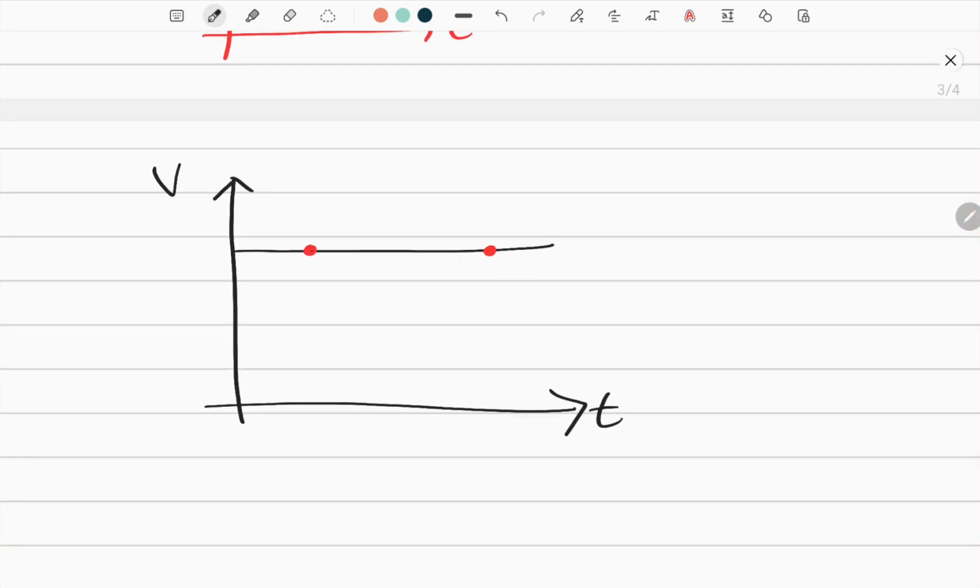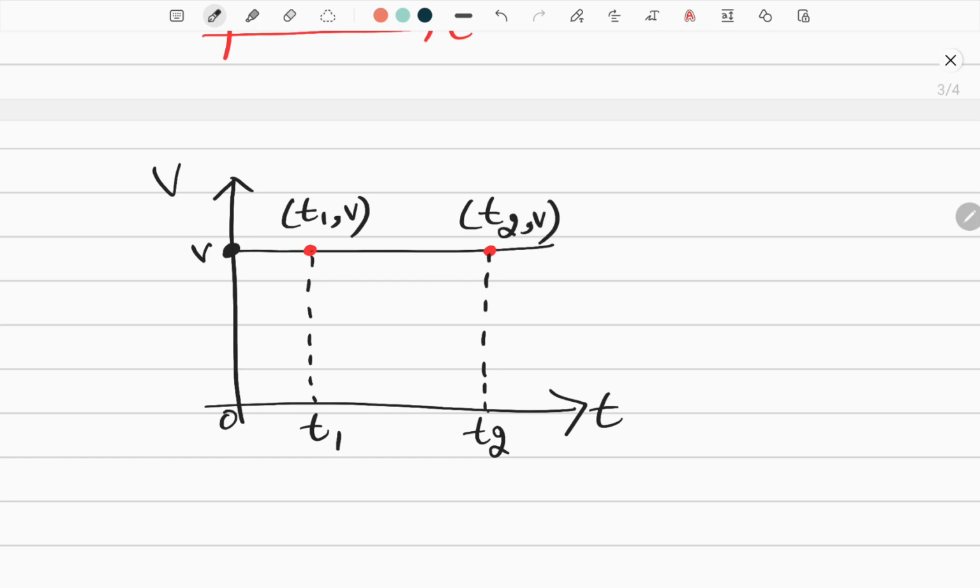So here, if I choose this point, what will be its coordinates? It has coordinates t1, let me write above, t1 comma v. Look at this, velocity is fixed, no? Some value for v, it is fixed, and here the time period from 0 has become t1, and at this point time is t2. And velocity is constant there. What are the coordinates of this? This is t2 comma v.